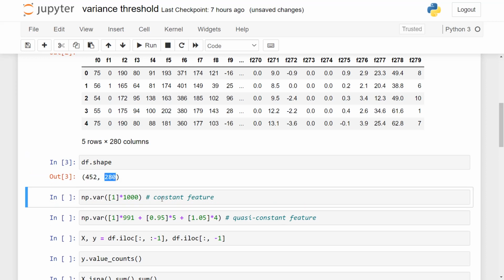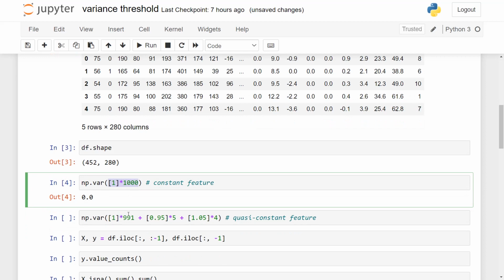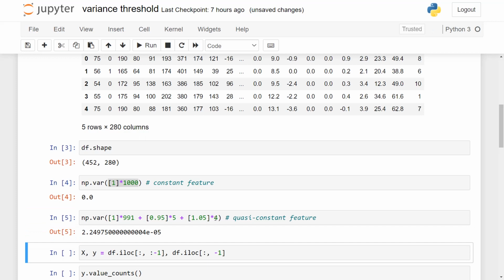Now, what is a constant feature? A constant feature is basically one which has a constant value in all the row values. So this particular column has 1000 ones. Let us look at the variance. It is 0. Now let us look at an example which doesn't have 1000 ones, but which has, say, 991 ones, 0.95 five times, and 1.05 four times. Let us look at the variance of this.